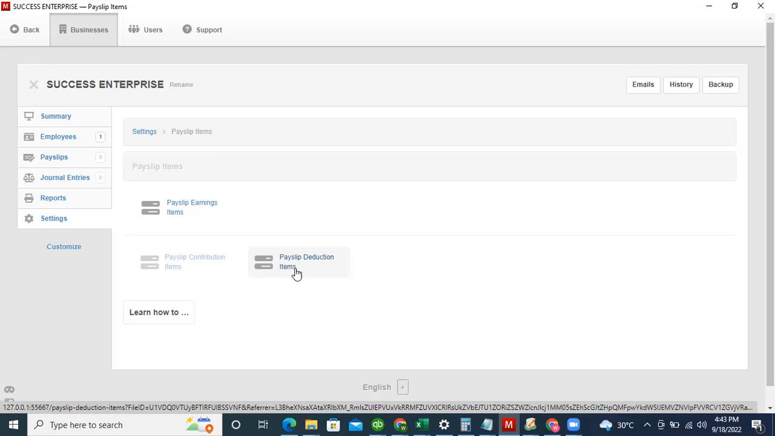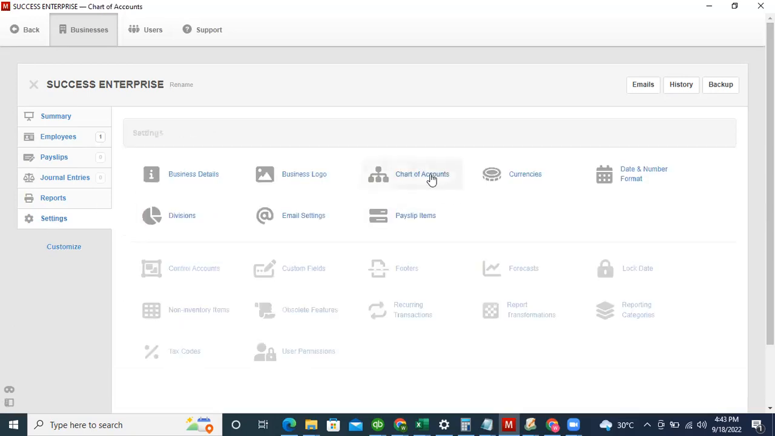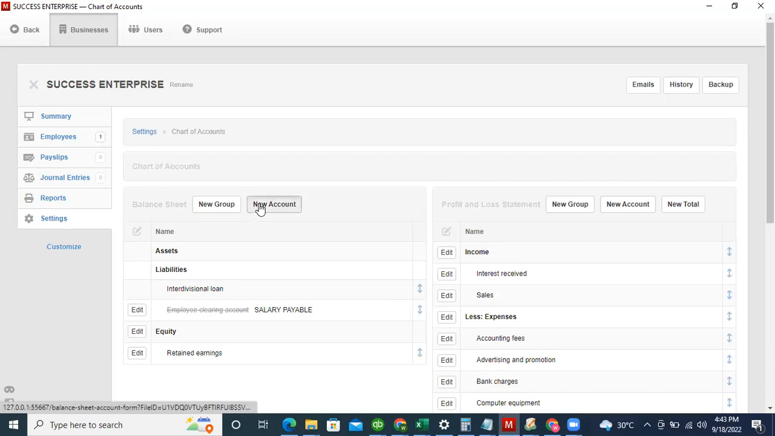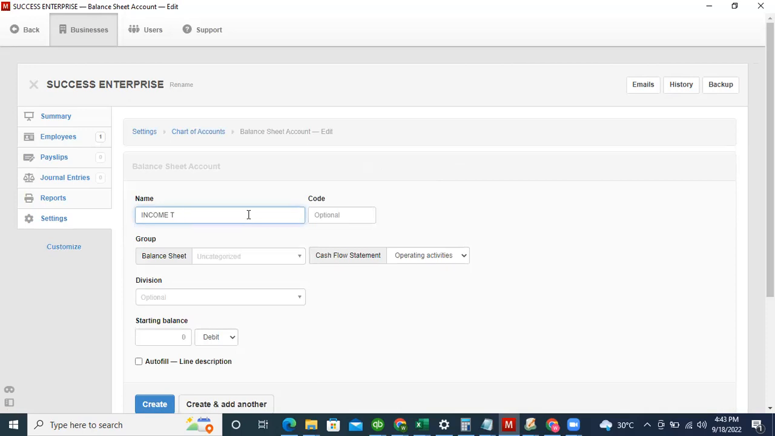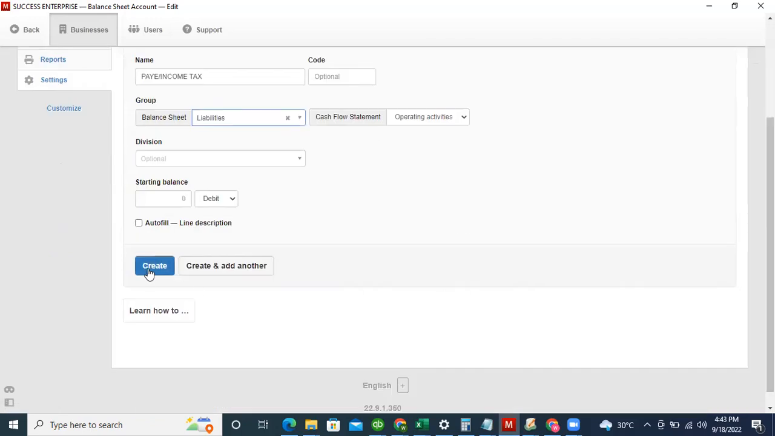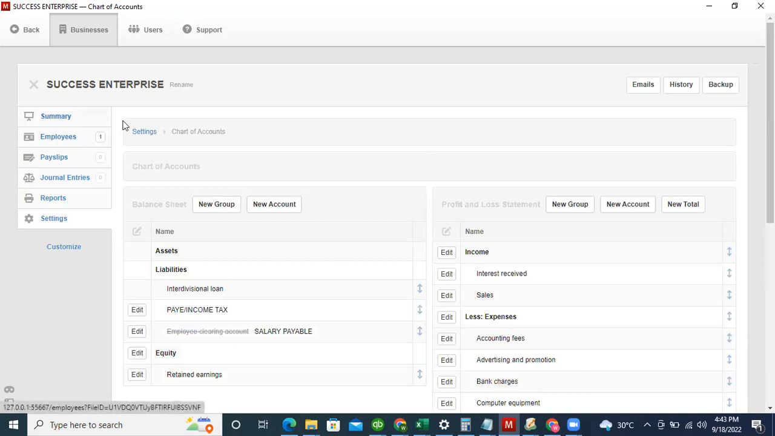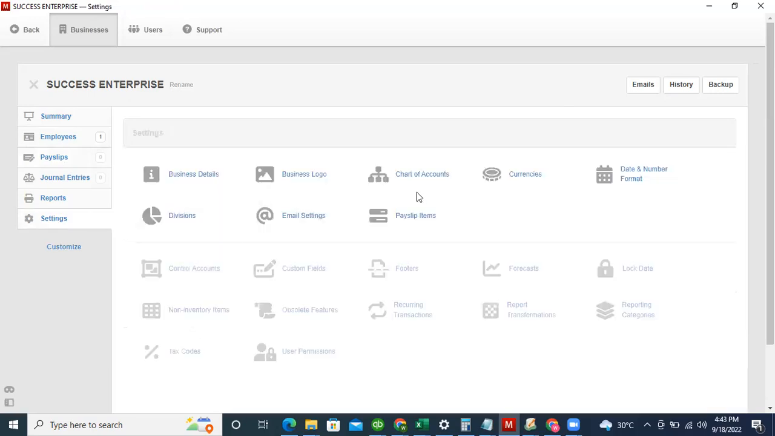So what do we do first? First, we need to go and create another account called the income tax account. So let's go to our settings first, come to our chart of accounts, come to our new account, and we say name. Call it our payee categories, we say it is our liabilities, and we can just create this and leave it this way. Then once we are done with this, we can go to our settings